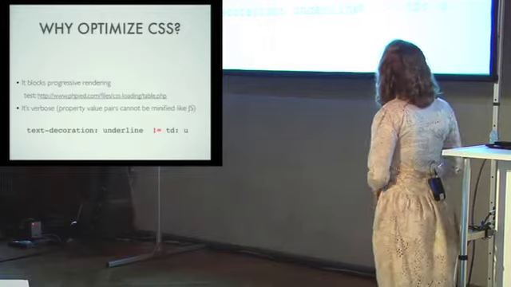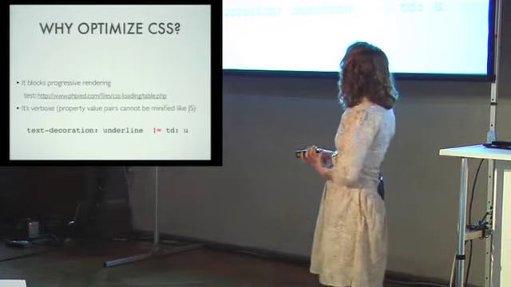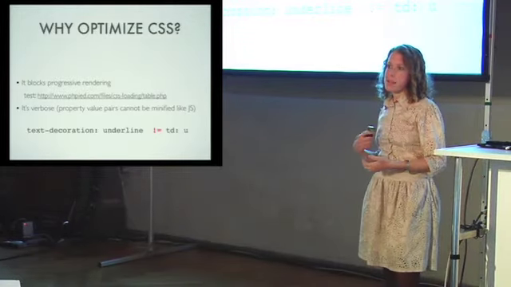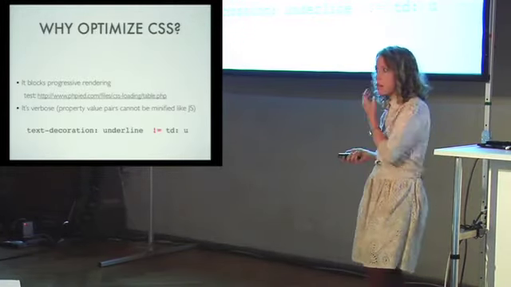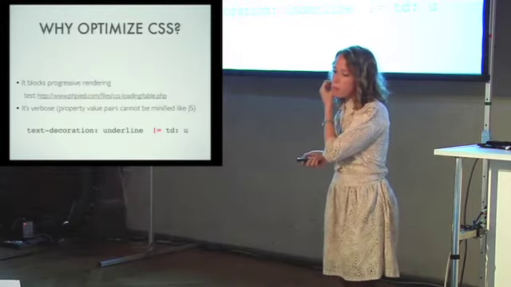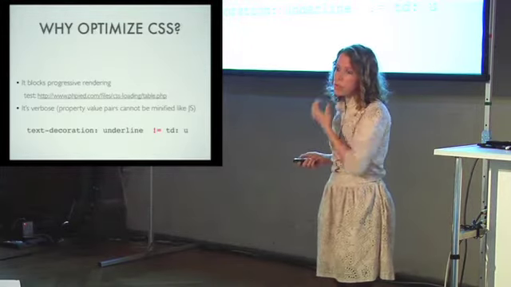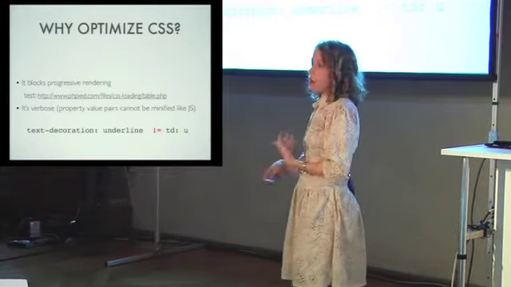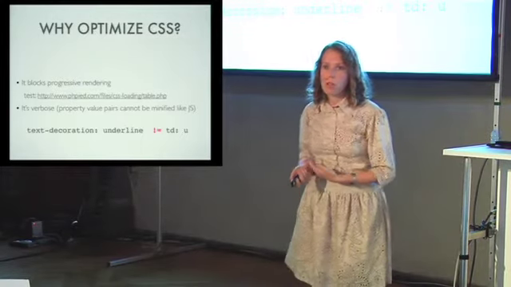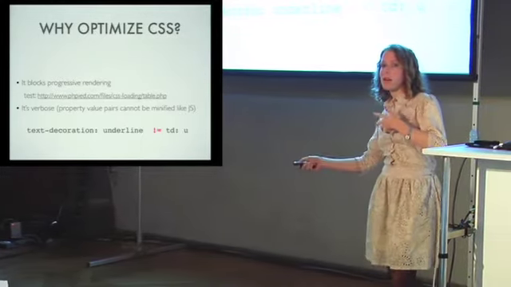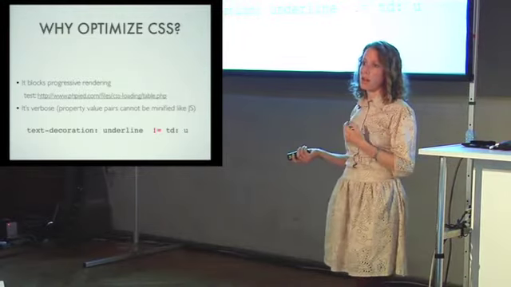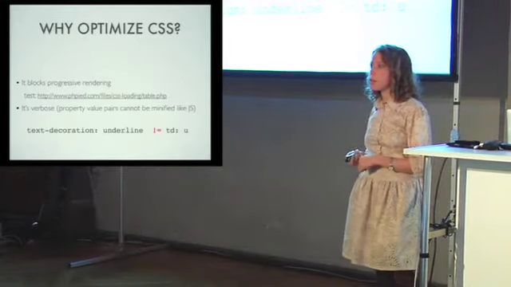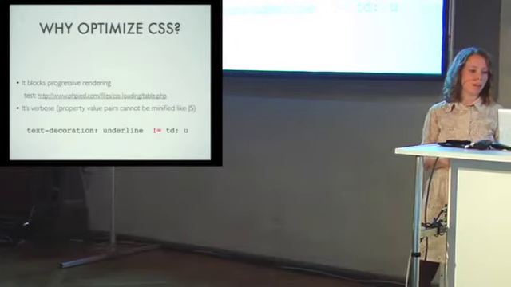All right. So if you want to go visit this page that I have a link to, you absolutely can. It basically shows how CSS blocks progressive rendering, except in Opera, it basically will show a blank page to the user, which will be completely white with nothing on it until it's downloaded and processed all the CSS files. The only browser that doesn't do that is Opera, so visit this URL, compare it on Opera versus other browsers, and you'll see that we're actually giving users a pretty bad experience when our CSS is too big or we have too many files.